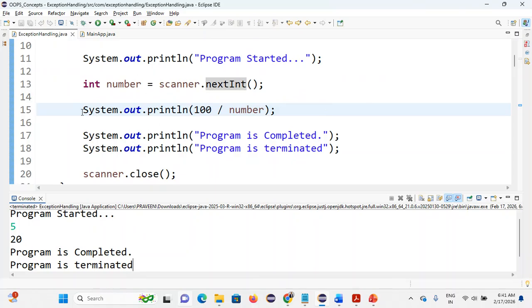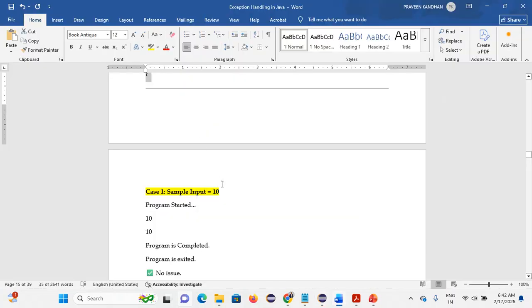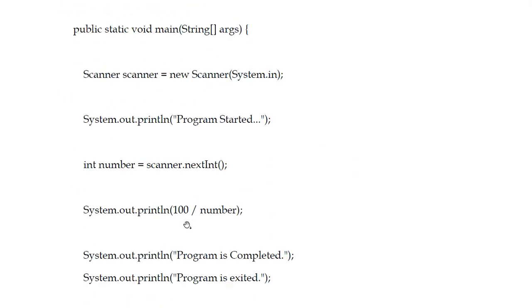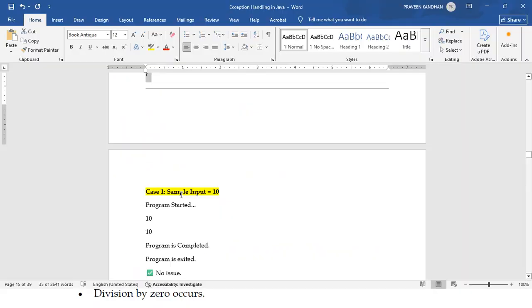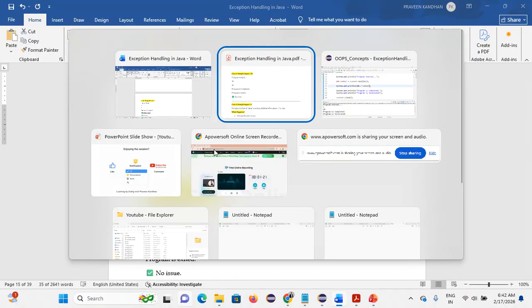We are getting the input from the user and then dividing by the given number. 100 is already there, so it is divided by 5 and the result is displayed. This is the normal flow. No issues if you're giving a sample input like 10 or whatever. For example, if I'm giving my sample input as 10,